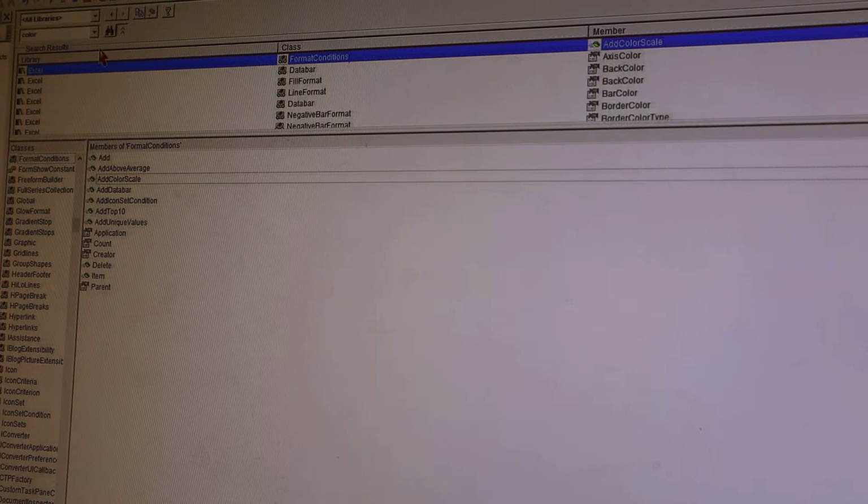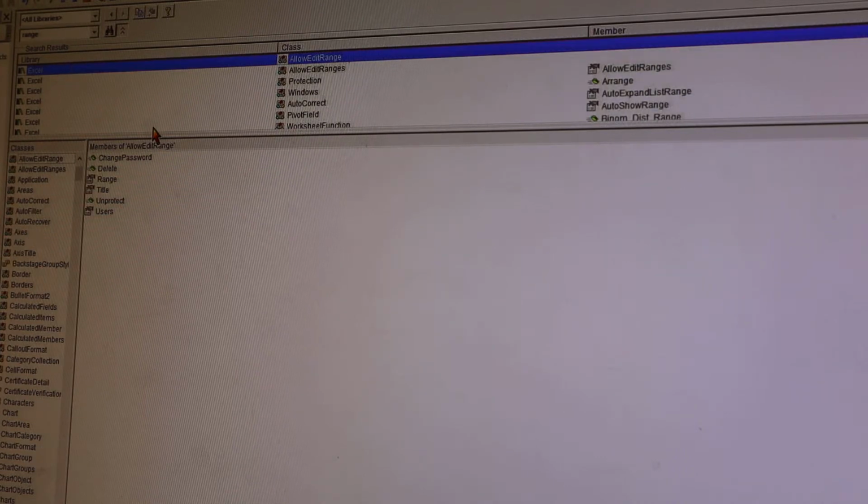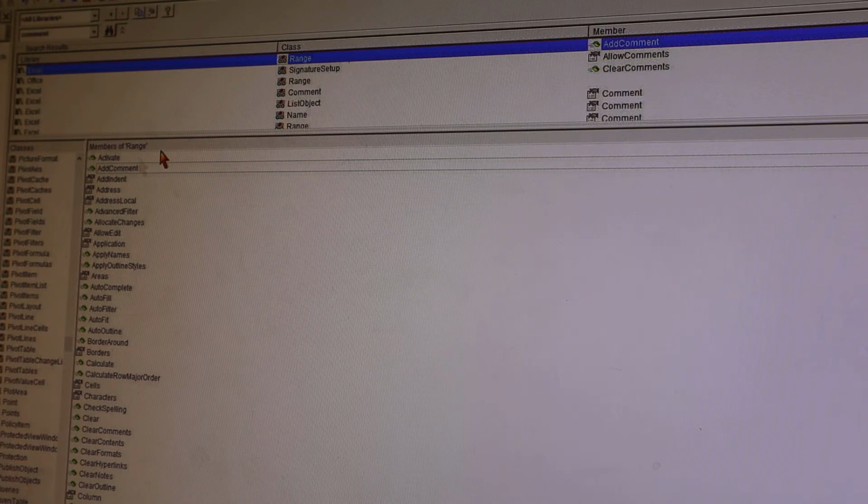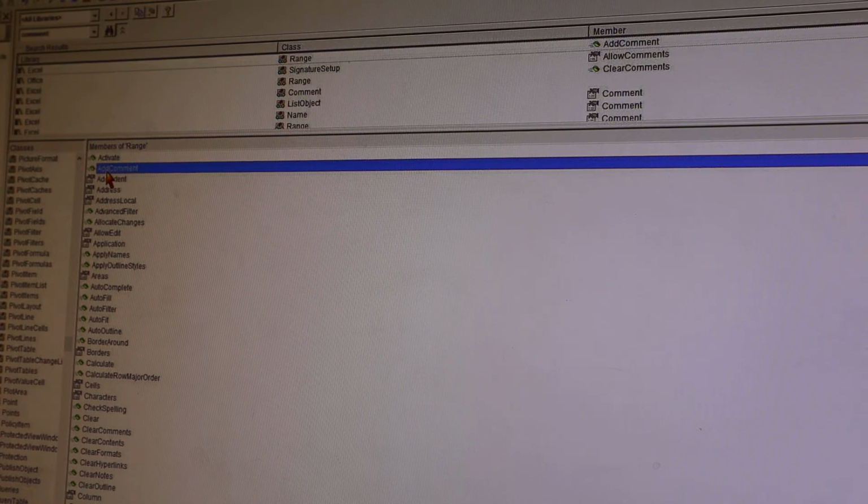If I want to change the color of something, I can write color and add color scale, or look for a specific object. It helps you find the right properties. It's like a help. It gives you all the objects that are in Excel. If I don't understand a word written here, I want to add a comment. So I can find over here the add comment